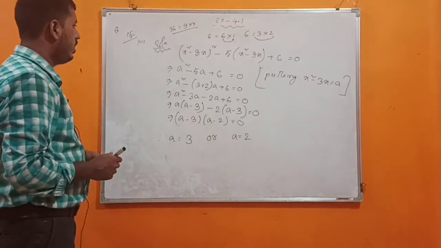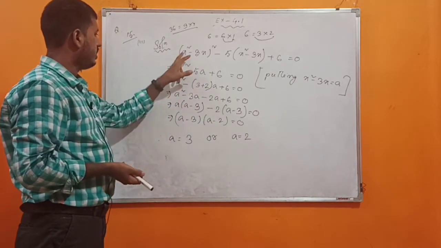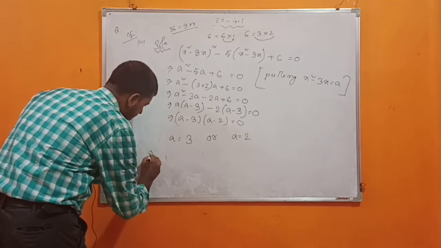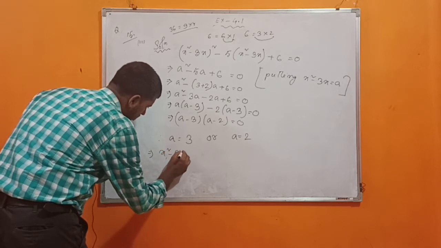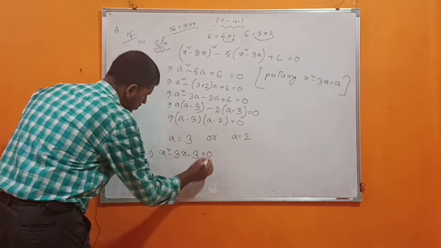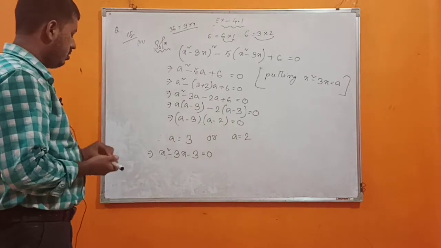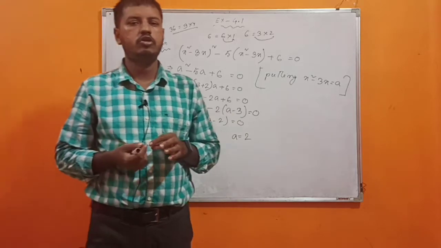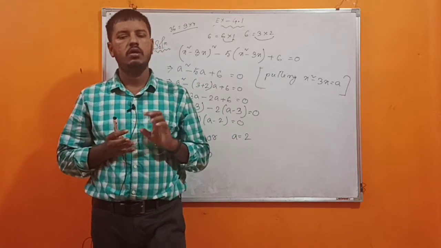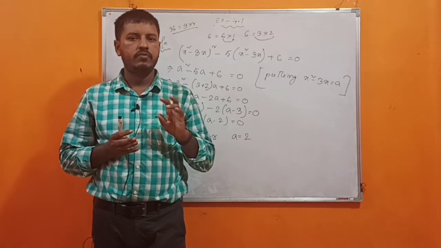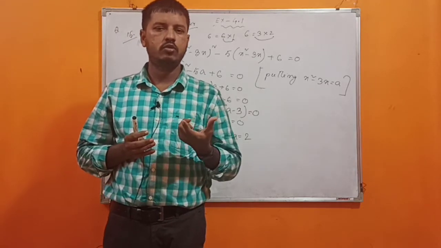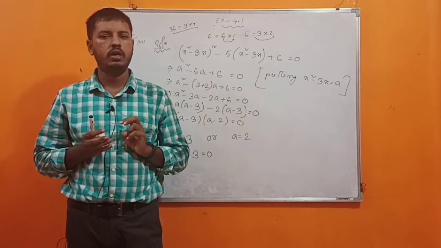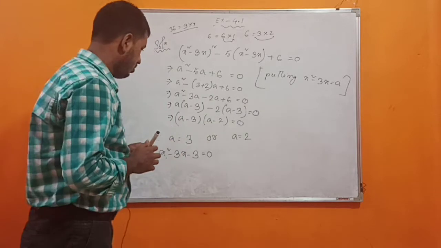Okay. Now we are to put the value of a as x square minus 3x. Okay. Now I am putting, implies x square minus 3x minus 3 is equal to 0. So this cannot be done through the middle term factorization. So if any equation is not able to be solved by factorization, then we have to use the formula of quadratic equation. To solve this type of equations, we have to use what? Formula for quadratic equation. Okay.